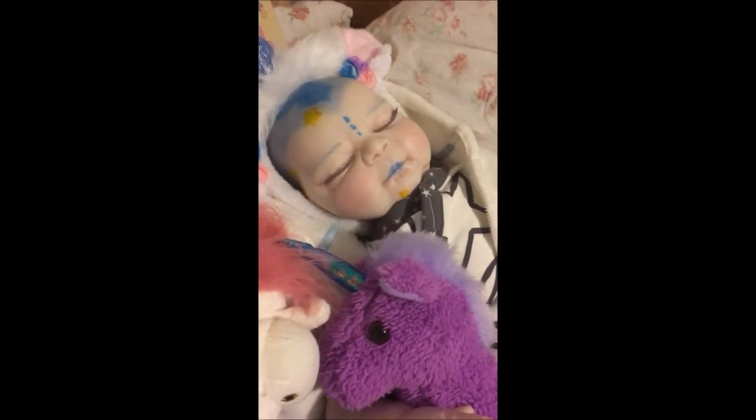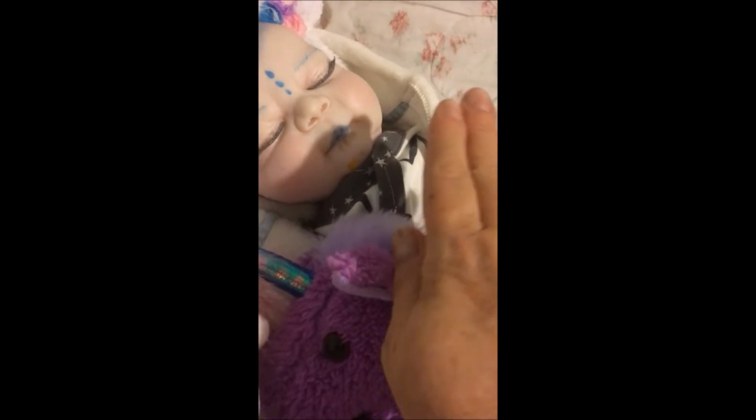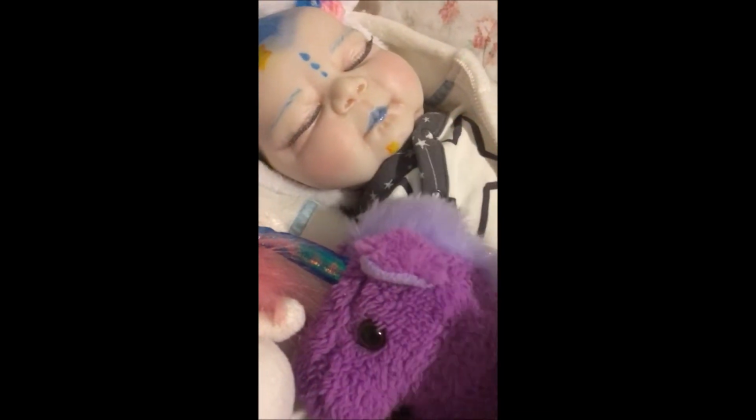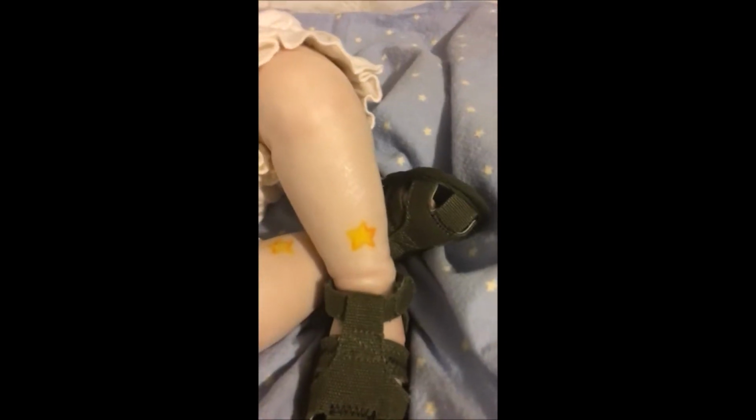He's got a pearlescent skin tone. If you notice, his skin tone is not like mine. This is my skin tone. His is really, really light. Do you see that? He has stars on him. See, she put stars all over him. He has them on his